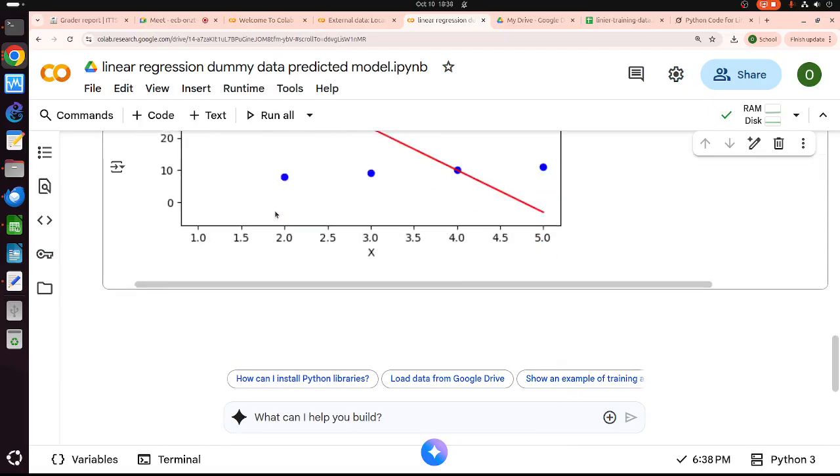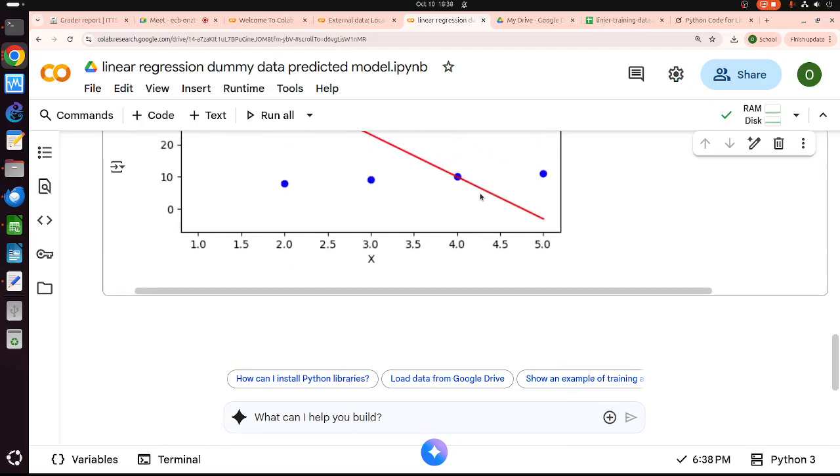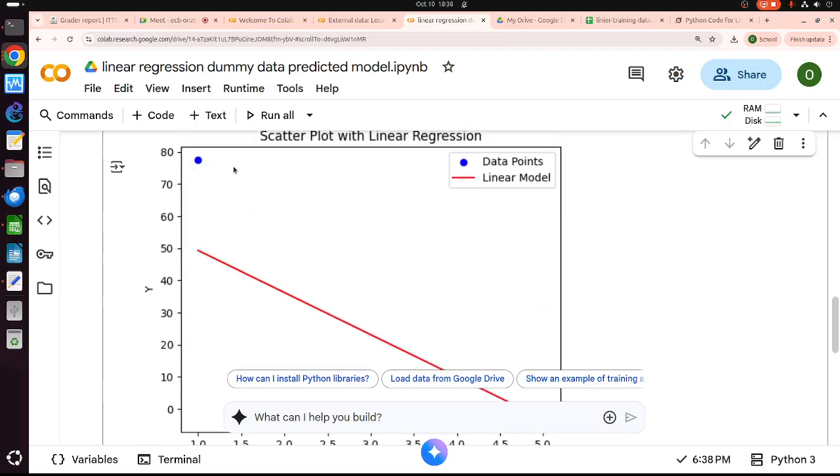Anyway, I don't know why it is not saved correctly. That's the problem with this one.